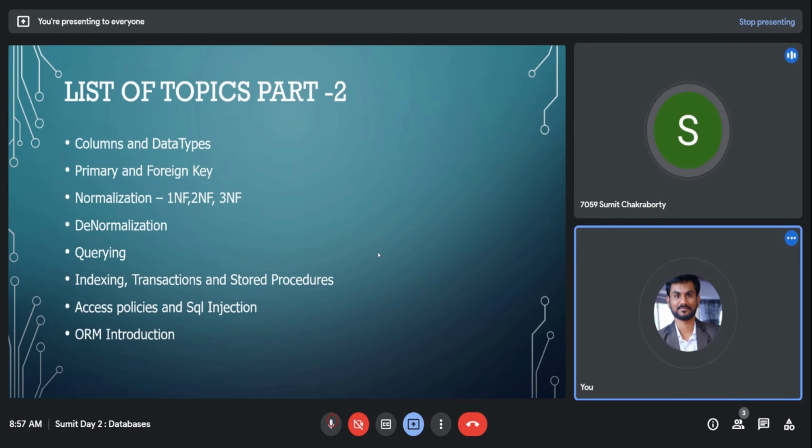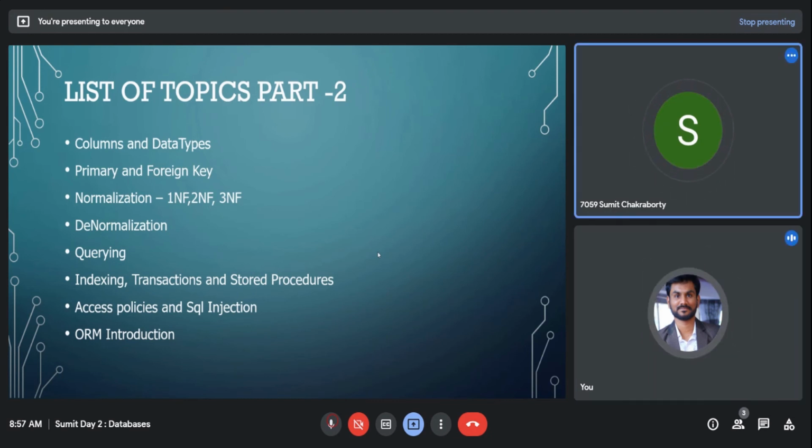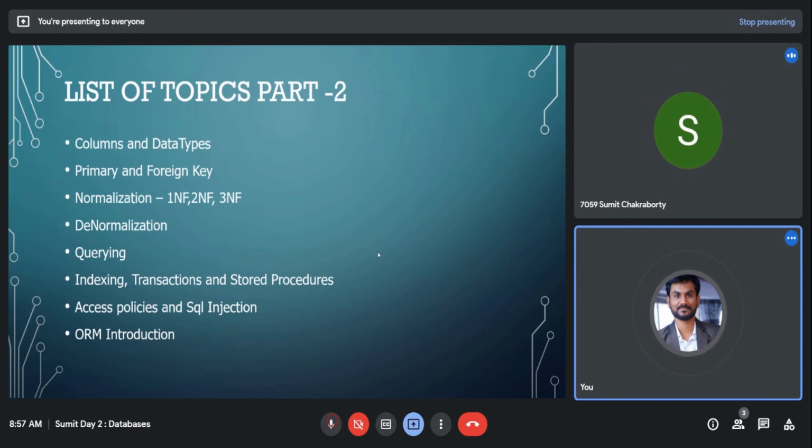Okay, so if something is being queried a lot, a customer is querying his favorite dishes all the time. Each time he comes in, he looks at his favorite dishes and orders the same thing. So what we do is create an index on top of favorite dishes so that we can access the favorite dishes anytime, and it becomes much faster. Transactions we already know, and stored procedures are a set of SQL commands that you run each time. But it could be really lengthy, it could be a combination of tens or thousands.